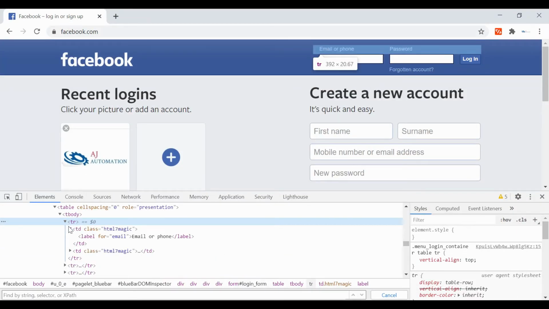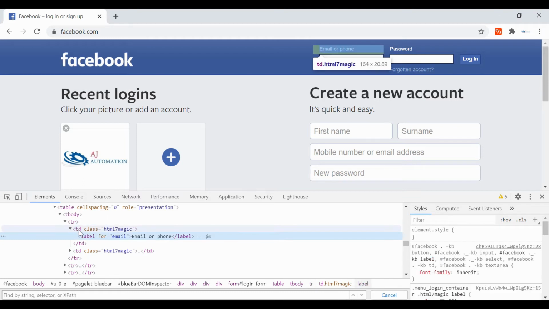For example, you want to go from this label node to TD, which means from child to parent. Or if you want to go from label to TD, then to TR, and then to tbody, it means you need to traverse in the reverse direction. So how can you do that?